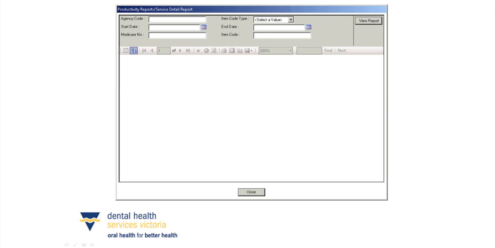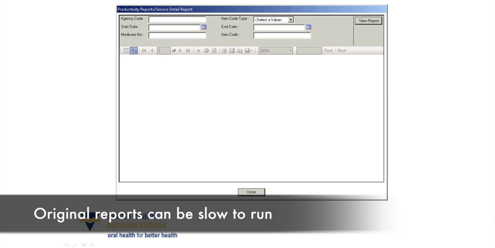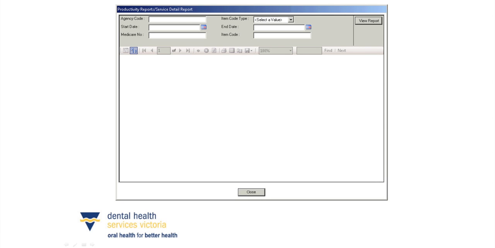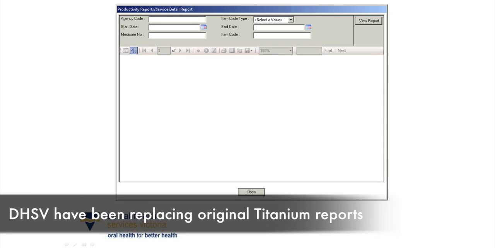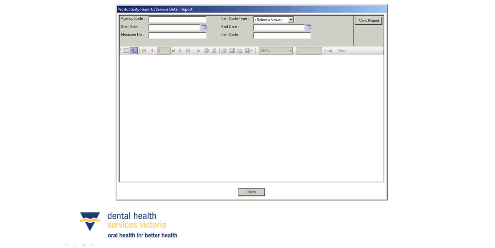Many that have used titanium will have noticed with the original reports that they are slow to run. As well, the reports are difficult for DHSV to fully validate for accuracy, since we've not developed the reports. Over time, we have found that many no longer work or no longer suit our business needs. For that reason, DHSV has been progressively replacing the original titanium reports with the SQL server reports, as they are